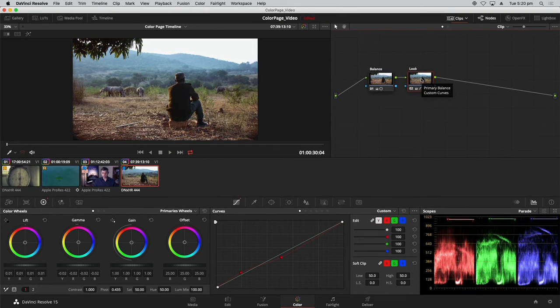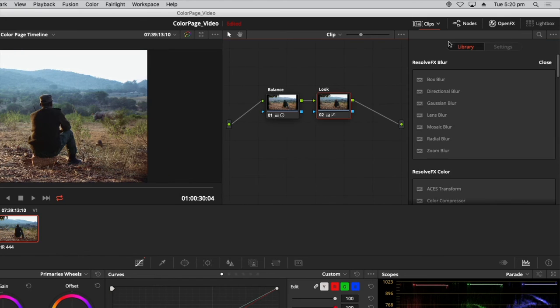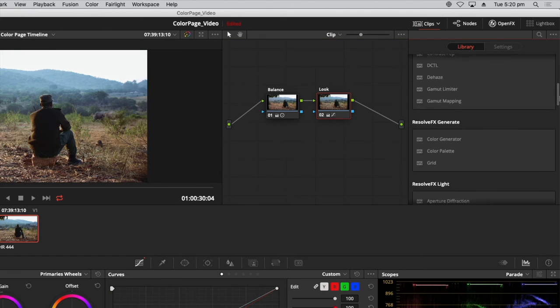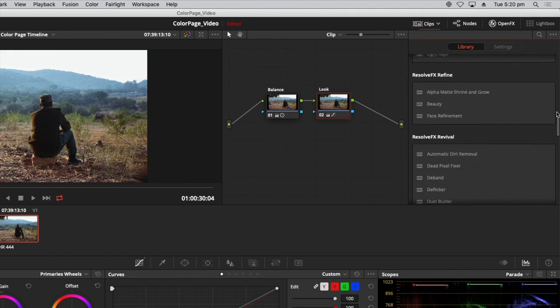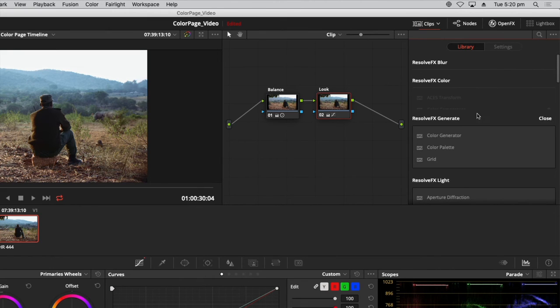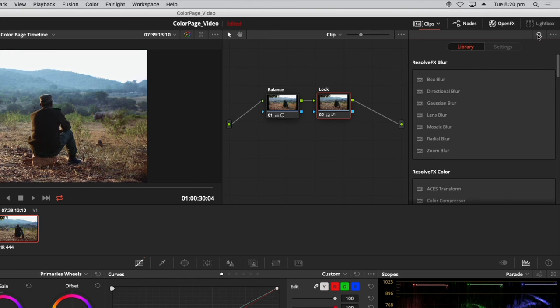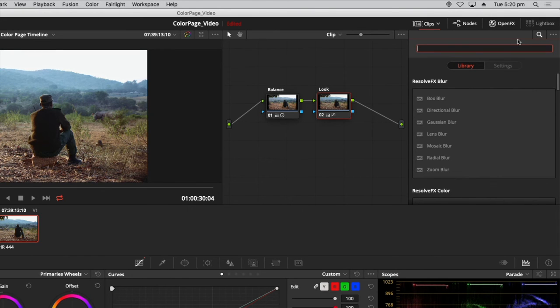And what I'm going to do is apply an effect onto it from our OpenFX palette. I'm going to activate it at the top here, and that will bring up the controls. By default, you're going to see the library of OpenFX. And these are broken up in a multitude of categories, which you can scroll through. You can also double-click the category names to collapse them if you know that there's certain ones that you are not going to be referring to as often. And there's also a search option at the very top, which allows you to